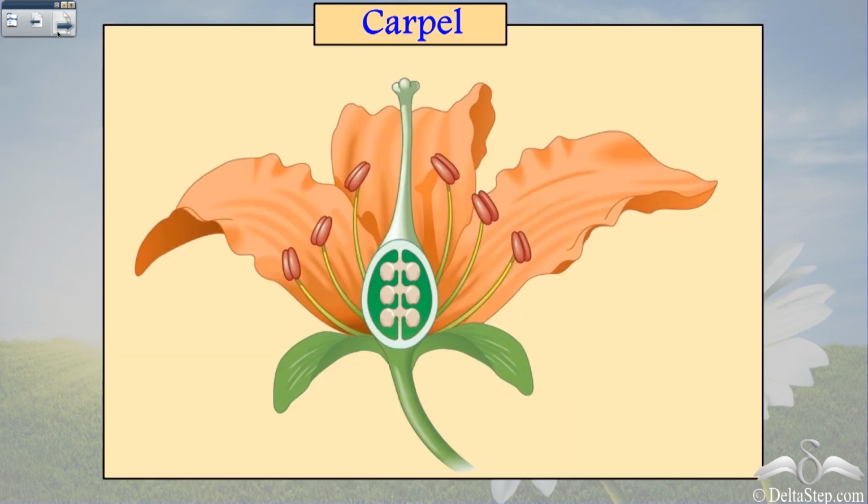See, each of this part is known as the carpel, and the gynoecium might have one or many carpels. So, the first part of the carpel we see here is the top part. See, it is just like the top of the round bottom flask. What is this known as?